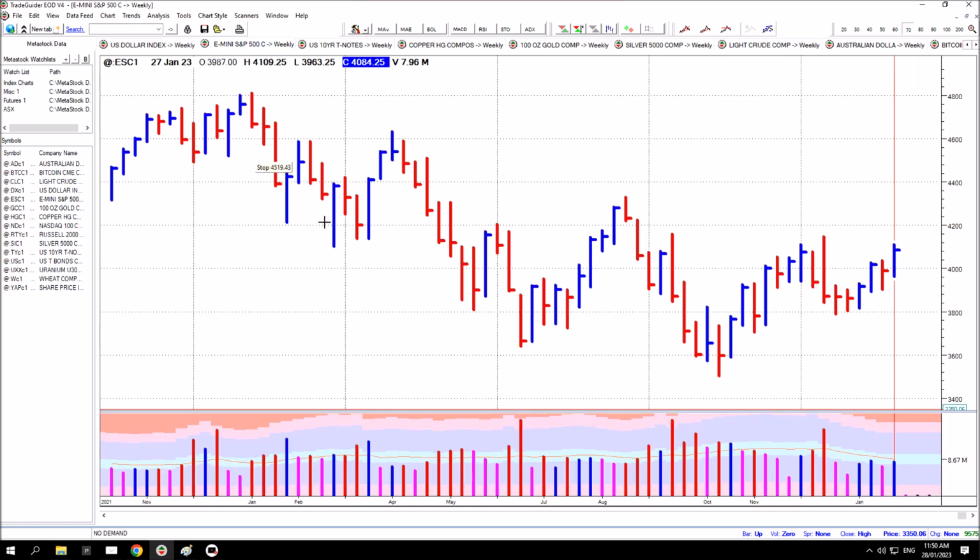Next chart is the E-mini S&P. This is S&P 500 index futures, and the breakdowns came through like this. There was definitely some buying down here. This is buying support in the background in here,